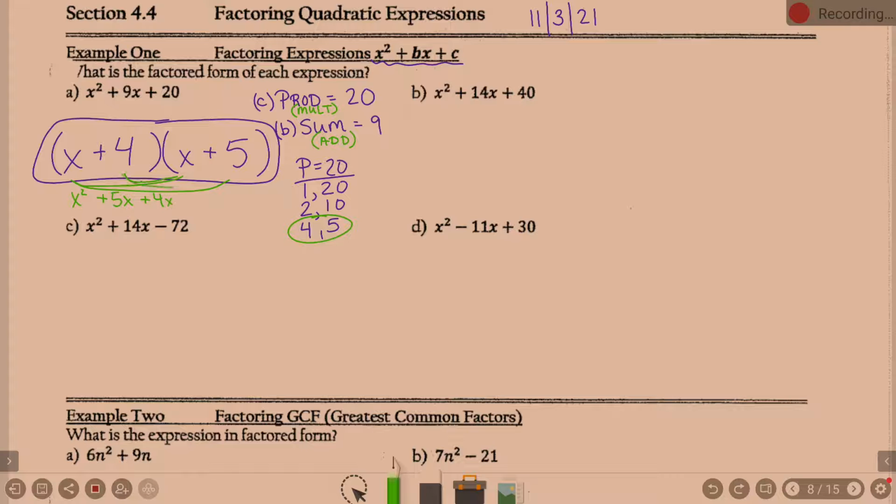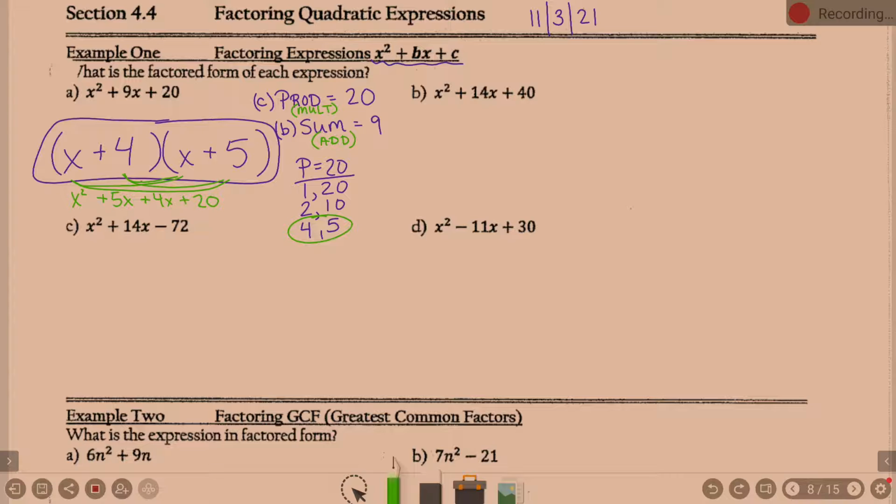And last, 4 times 5 is 20. If I clean this up, 5X plus 4X is 9X, and that takes me back to the original problem. Now, I'm not saying you need to check every one of them,